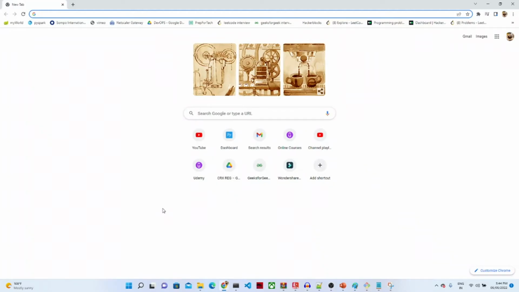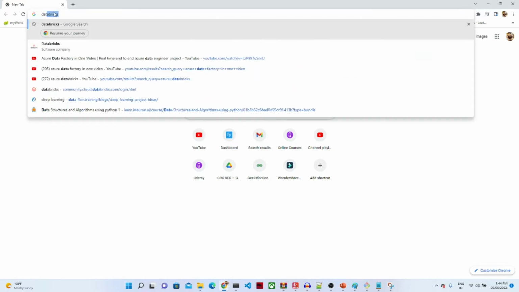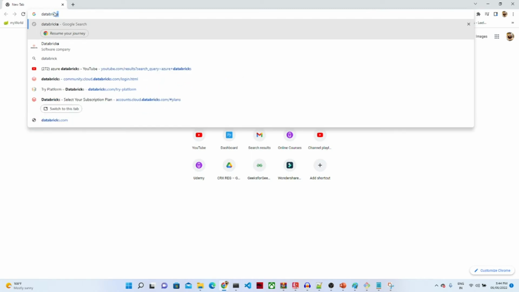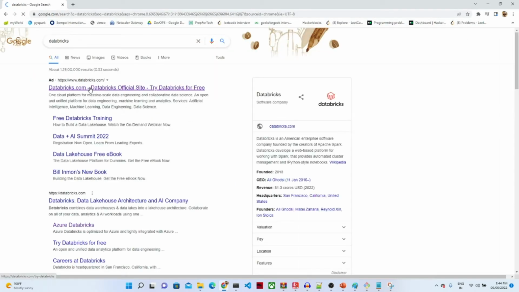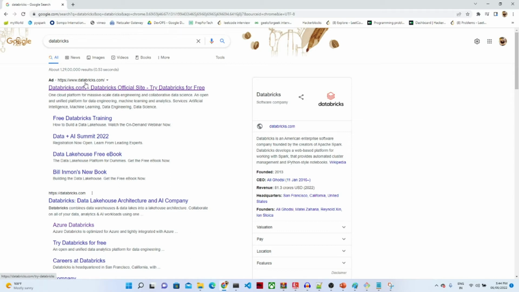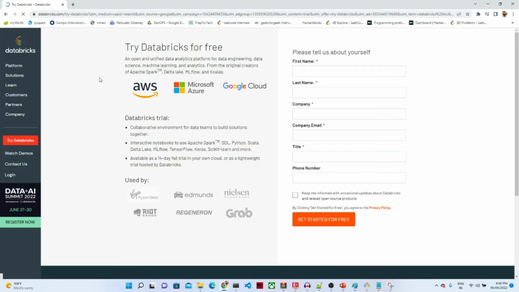We are going to see how to use Azure Databricks Community Edition. To get it, you go to Google and type Databricks, then go to databricks.com. Here you have to click. Once you click, this particular screen will come, and here you have to give your name. Once you fill this in,